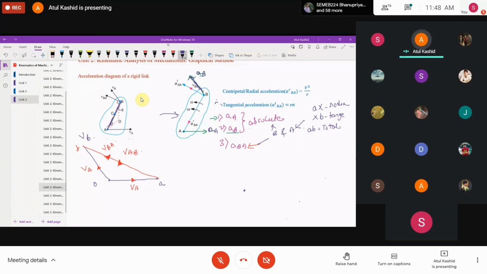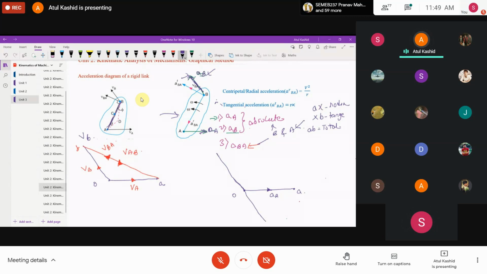So I've taken the point O. What I will do, I will draw acceleration of A, right? This direction is clear to everybody, I think, because it is already given in the diagram. So this is vector OA. Then we will target acceleration of B. The direction is already given. We have to go into that direction, then I will draw acceleration of B over here. Now I know the direction, but magnitude is unknown. That's why I'm drawing in these two directions. Is it okay up to this, Aditi? Yes, sir.